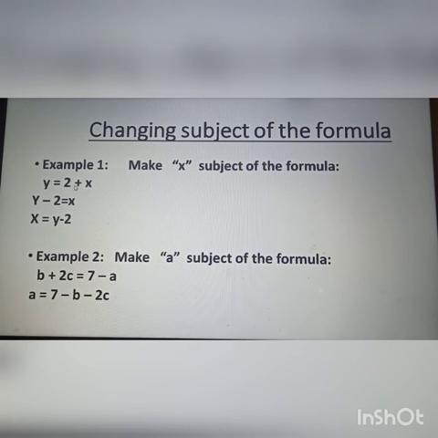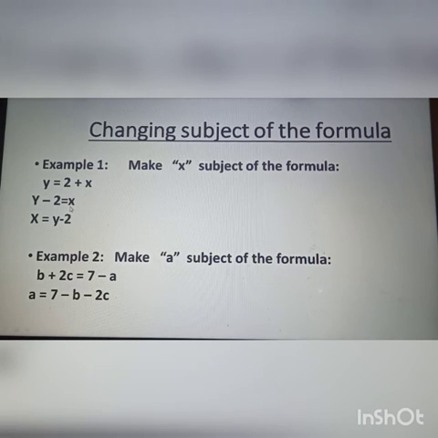But within this formula or equation, we are being asked to make x subject of the formula. What does it mean? That we are to take this x to the left hand side, and whatever is there on the left hand side is to be taken to the right hand side. It means the place of y will be changed with x. Now how will we change it? We'll be using integer rules or equation rules, that while taking any number or any variable to the left hand side, or from left hand side to right hand side, how their signs get changed.